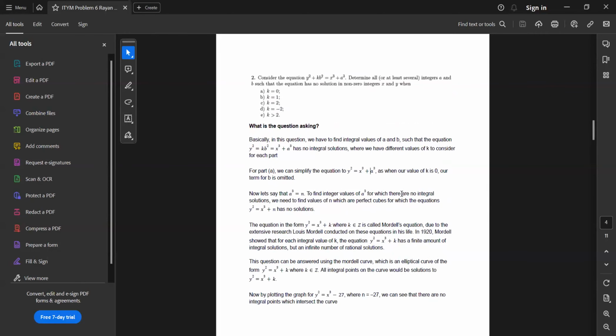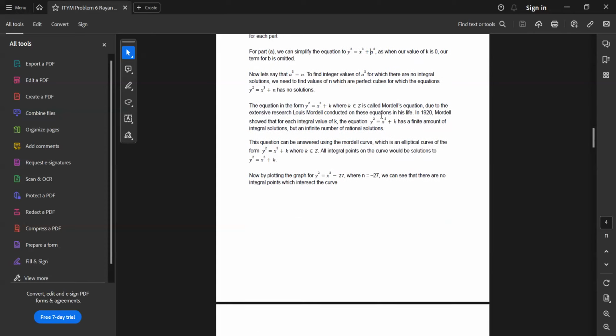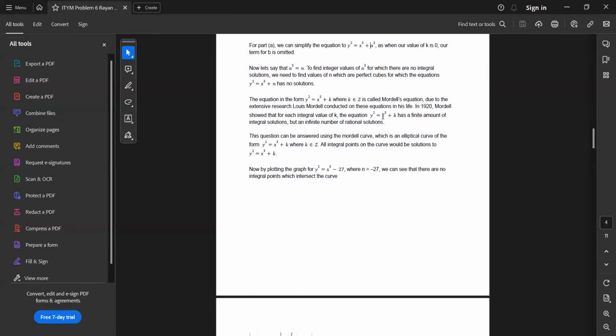अच्छा, now let's come to the equation आगे। तो जब k 0 होगा तो हमारे पास equation आ जाती है y square is equal to x cube plus a cube। तो ये when our value of k is 0। Now let's take a cube to be n, and basically now we need to find values of n or values of a cube for which there will be no integral solutions to y square is equal to x cube plus n।